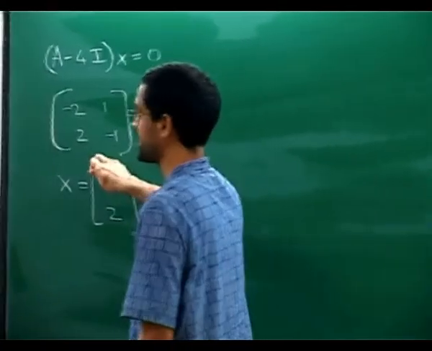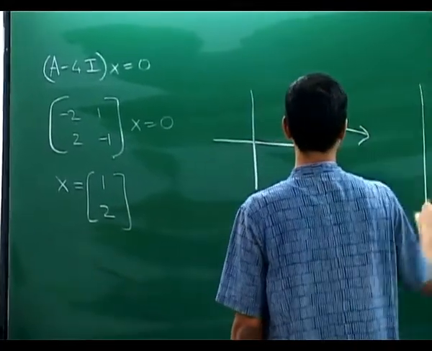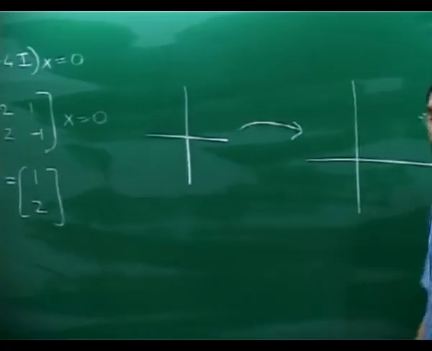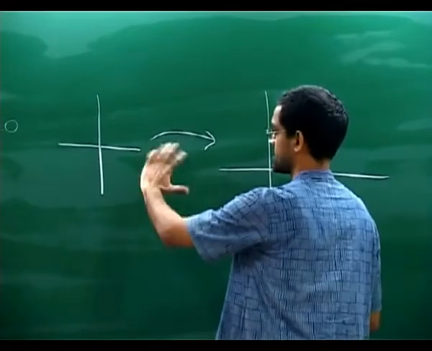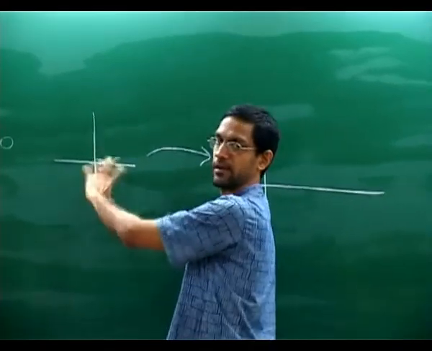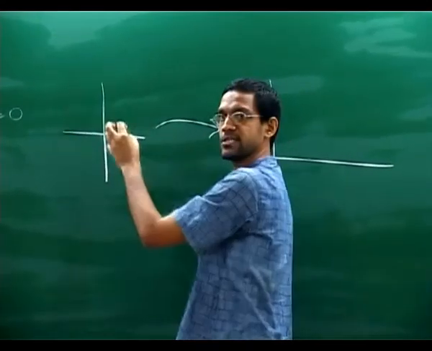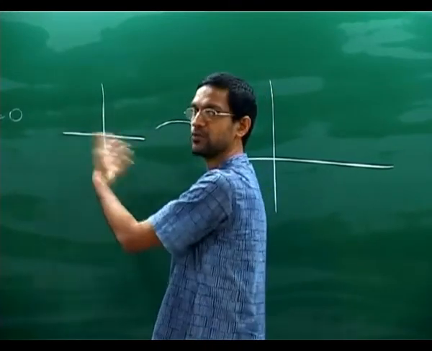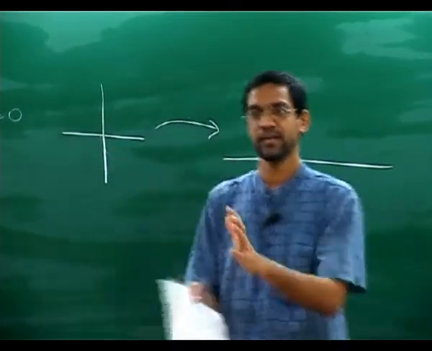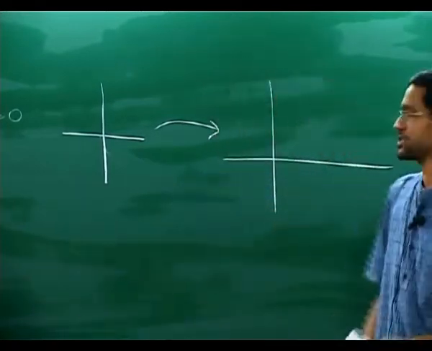You can think of a matrix as representing a linear transformation. So for example, if I have a 2 cross 2 matrix, then you should think of it as a linear transformation which, for example, maps the plane R2 to itself, right? So a linear transformation is a strange object, can do all kinds of things to the plane. For example, it can rotate by something, it can scale vectors, right? It can sort of multiply everything by some constant, or it can reflect, it can do several things to the plane. It can deform it in some strange way, I mean in a linear way still.